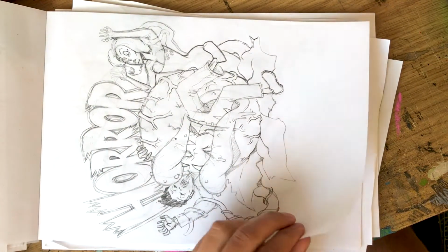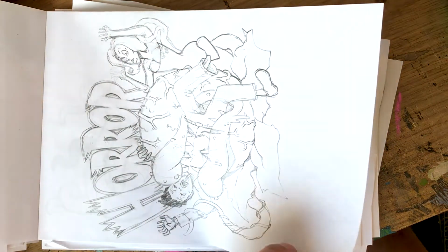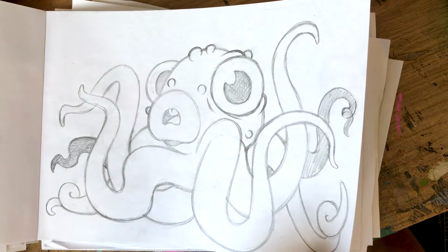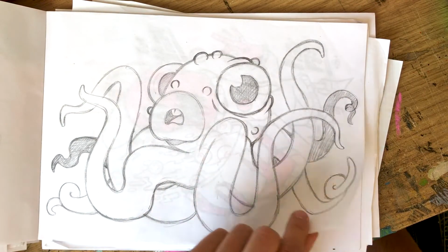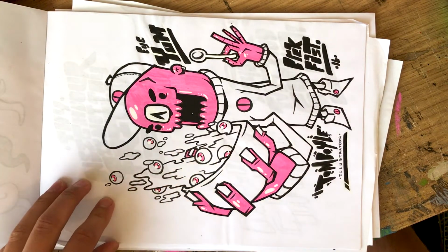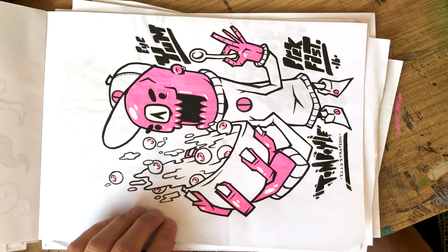So more horror stuff. I think we were trying different things for the mural I was talking about earlier, the whiskey mural. Don't know if they ever went for it. Don't know if that was part of it. I think this was just me having fun drawing tentacles, because they're both difficult and fun to do. That's quite cool. It's very cute. More Posca pen action. Again, who knows what's going through my mind with this, but trying to get cool shapes and characters